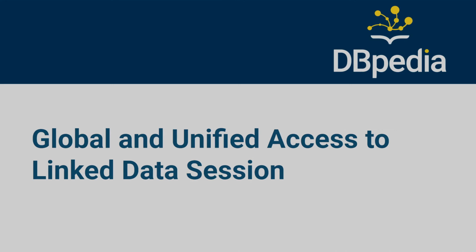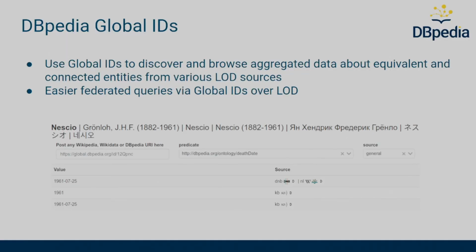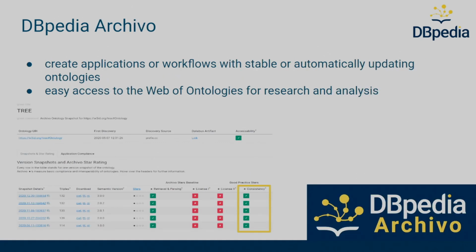We will demonstrate how you can leverage DBpedia Global IDs to discover and browse aggregated data about equivalent or connected entities from various linked open data sources, but also how to simplify writing federated SPARQL queries using Global ID clustering information. In the second part, we show you how to use DBpedia Archivo, an augmented ontology archive for a unified